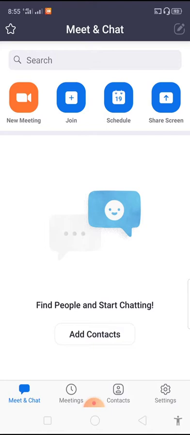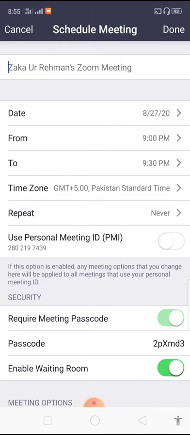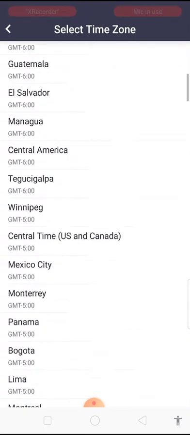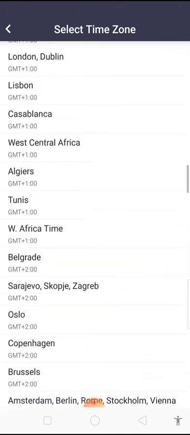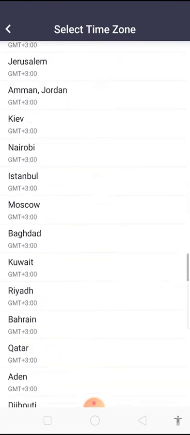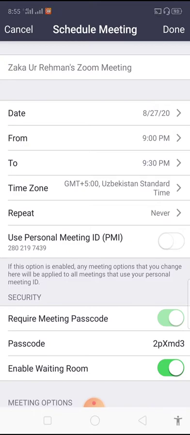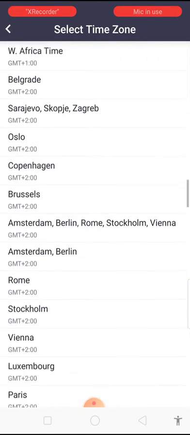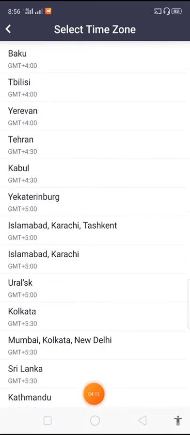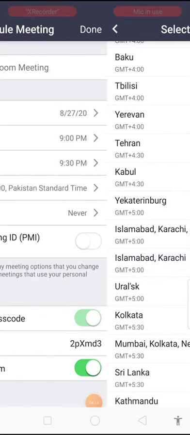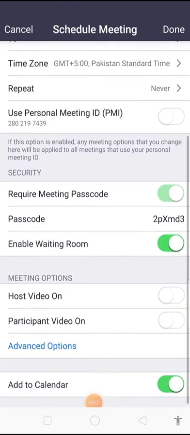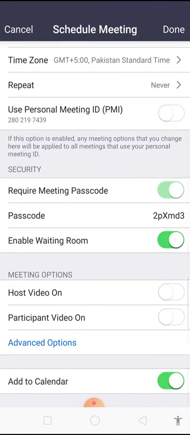So if you want to schedule a meeting and host a meeting, you can go on schedule and you can enter the topic of the meeting at the top, then date and from to etc, that this is time, and then as you are Pakistani you will select this time. If it is not selected already, right, you are on +5 according to GMT or Greenwich Mean Time. So this is your zone, right? You will click on this, so this Islamabad, Karachi, this is your time, right? So select this one. Then you can add some more details, like go to advanced options.